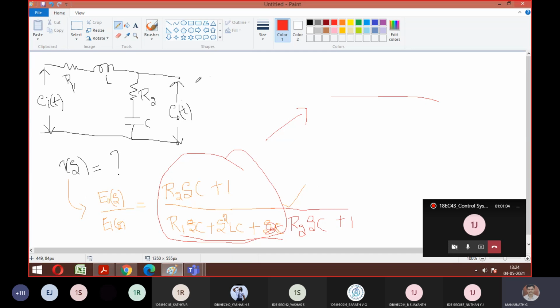What are the things you're supposed to follow if they ask such type of electrical system? Is it okay till here? Yes, sir. Okay, then I will go to the last type of problem in this. So this is two types what we did. One last type is if you find a network like this, then what is the thing you're supposed to do? Just make a note.